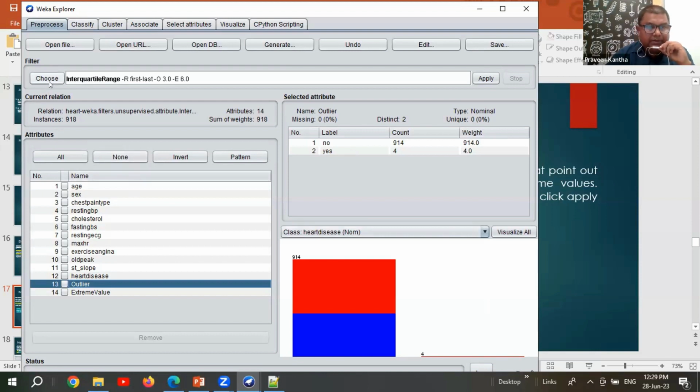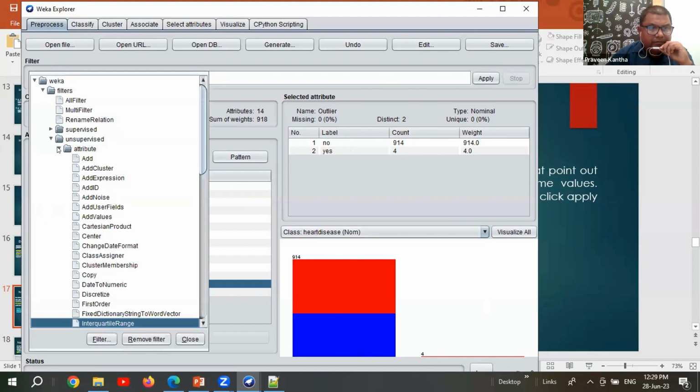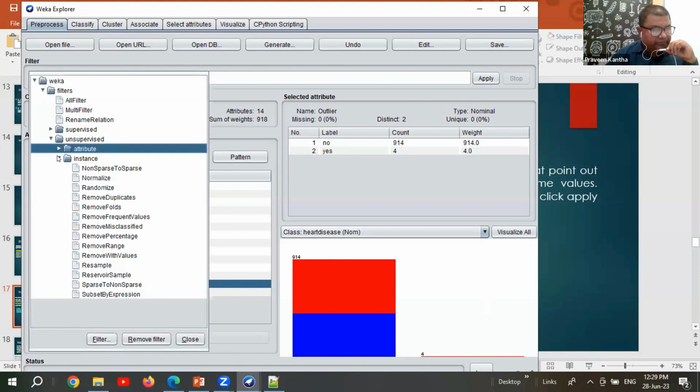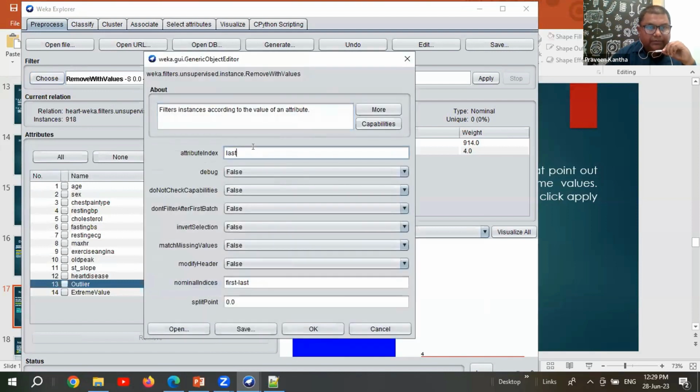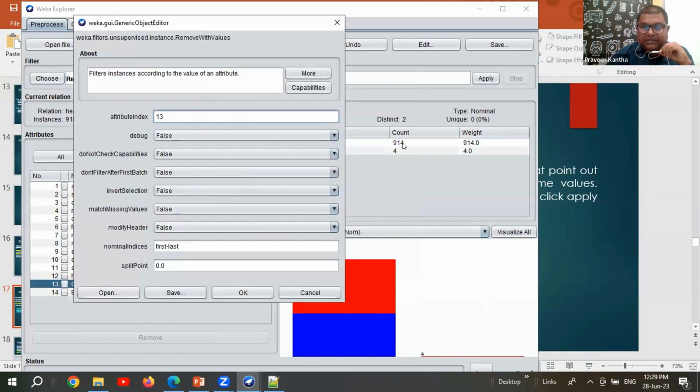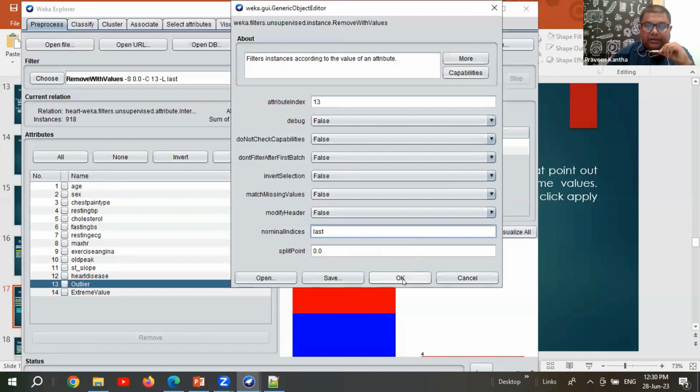So we have to simply select instance, remove with values, and click on this option, and then we have to select the attribute index. Here 13 is the index for the outliers. Simply we have to type the 13 index number, and the outliers are the last. You have to change the nominal index to last, simply last, and then press OK. No need to change any other options. Simply press OK,